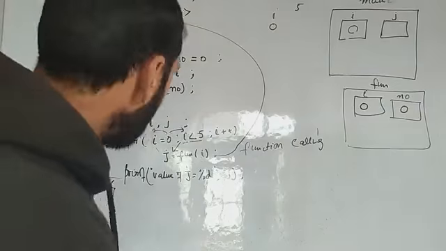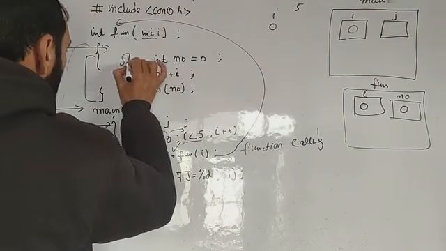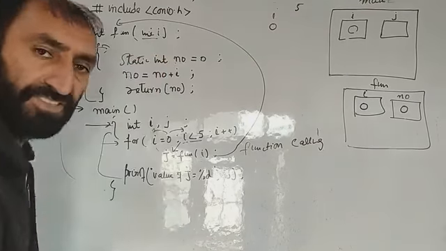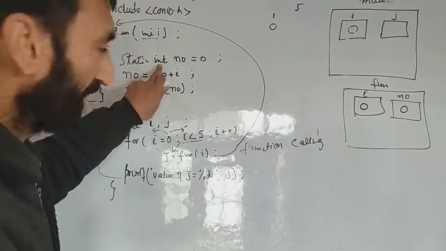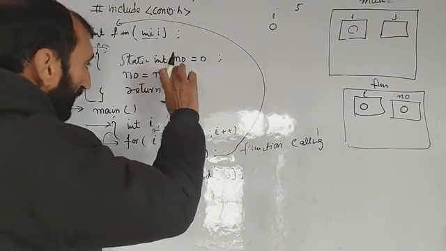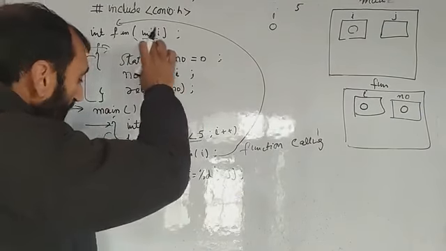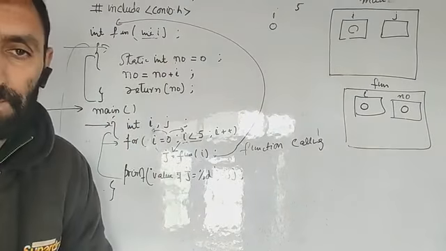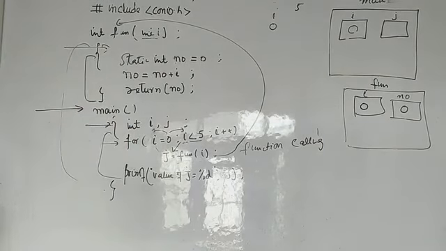Program at that time, we are using the word static. When we declare a static int, this variable, this number variable name, its scope is throughout the program. That means the scope,